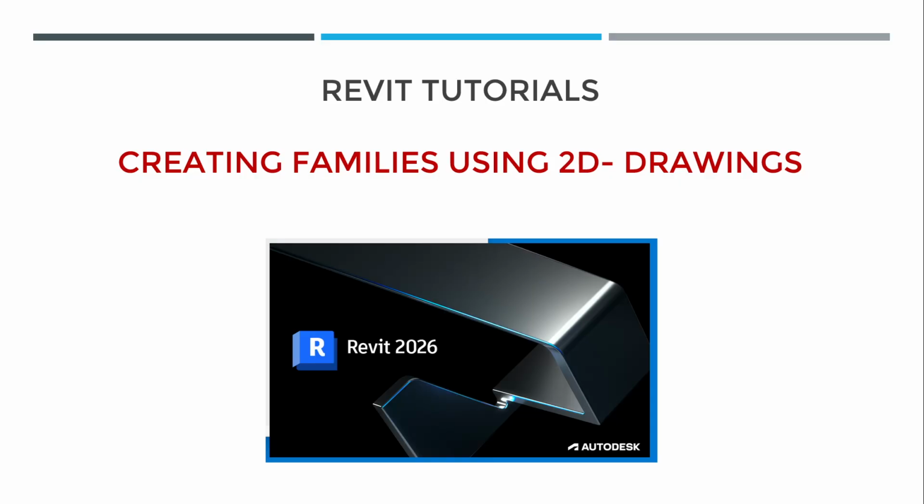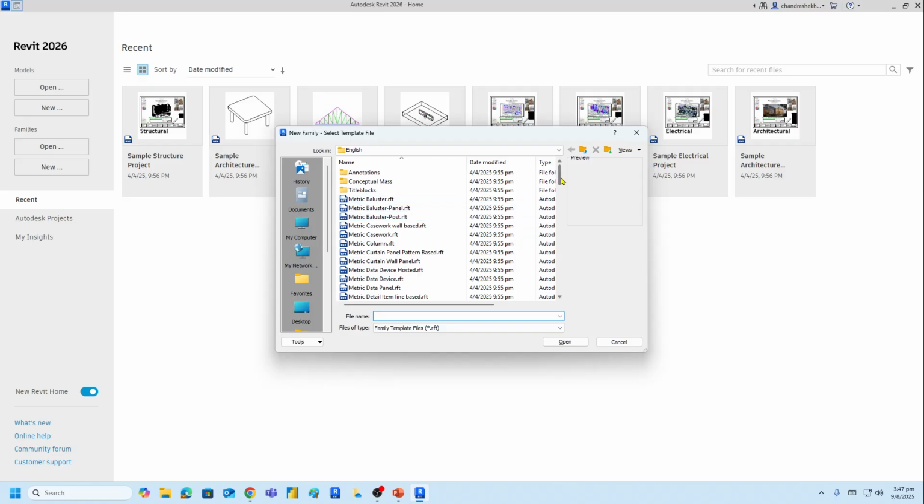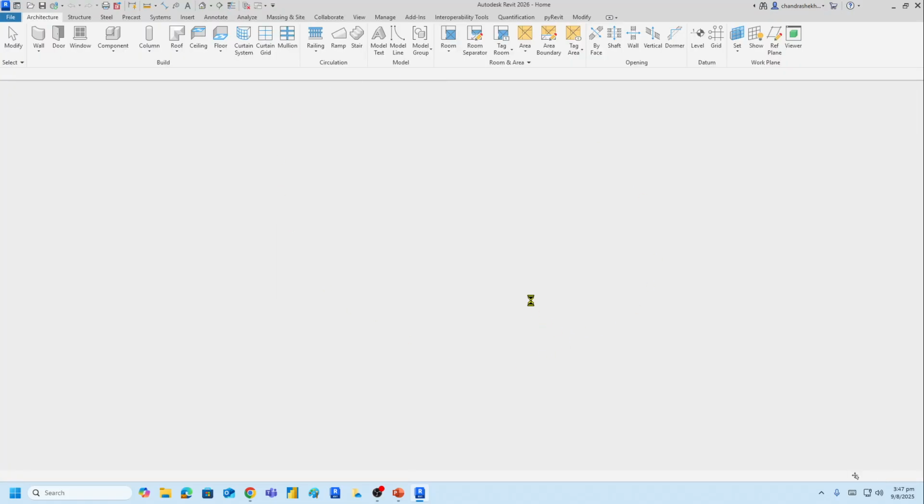Today in this tutorial we are going to see how to create a Revit family using 2D AutoCAD drawings. Now here we have started Revit and we are going to create a new family by clicking on the Families New button, and from this dialog box we will select Metric Plumbing Fixtures. It's in the alphabetical order, so you can see where it is. Metric Plumbing Fixtures, not the one which is wall based, the one below that. Click open, and you are now inside the Revit